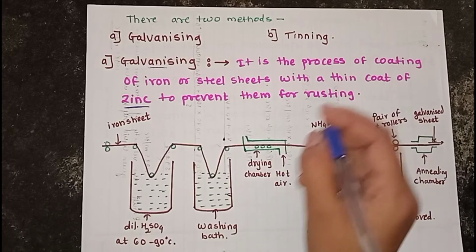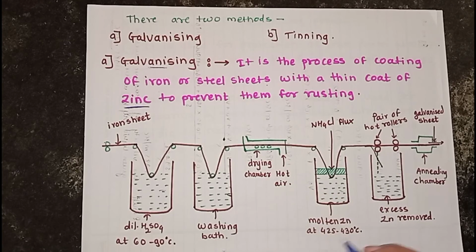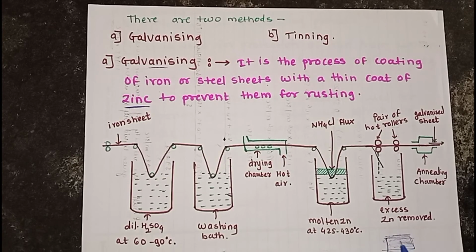We see here an iron or steel sheet with a cover of zinc metal. If for any reason this protective zinc coating is removed, the iron is still protected, because zinc is more electropositive than iron, so it does not allow the iron to go into solution. That's why, even if the protective coating is broken, the iron still gets protected from corrosion.